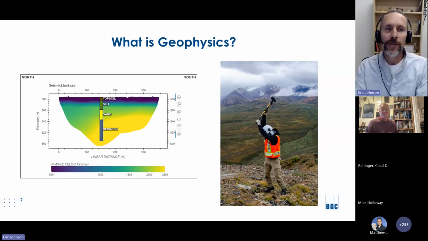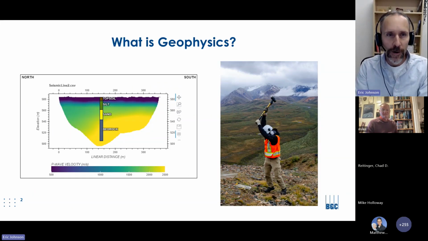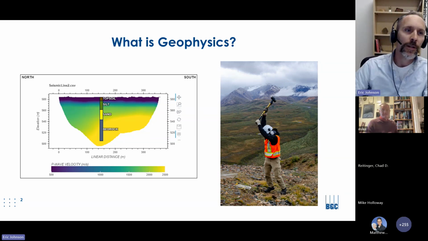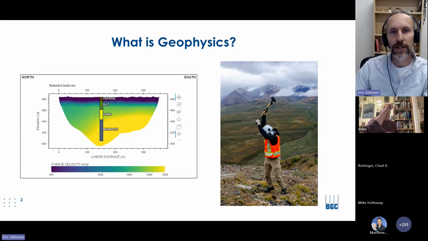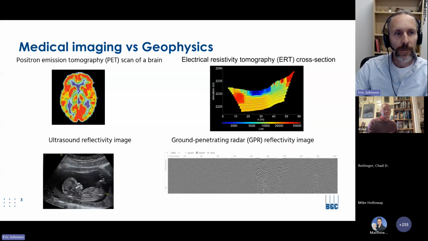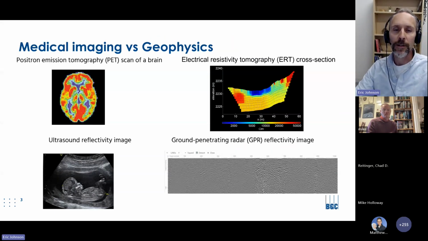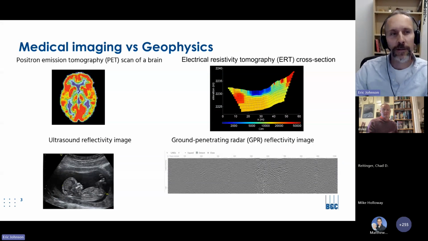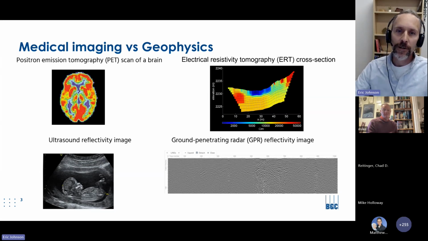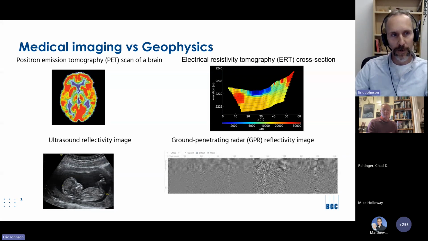So briefly, what is geophysics? Geophysics techniques measure various phenomena like electricity, electromagnetic waves, gravity, and elastic waves. These phenomena are influenced by physical properties like resistivity, rock density, and seismic wave velocity. Geophysics uses imaging techniques that are similar to medical imaging techniques, though the medical techniques have the advantage of measuring across relatively small volumes. They often have access from different sides of the body, whereas geophysics surveys are typically run along the ground, and we measure tens to hundreds of meters into the ground.